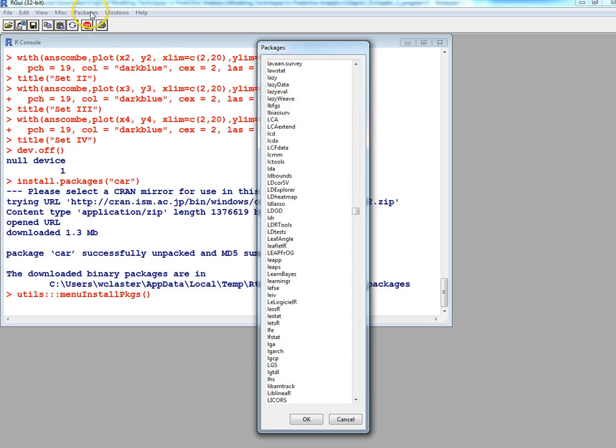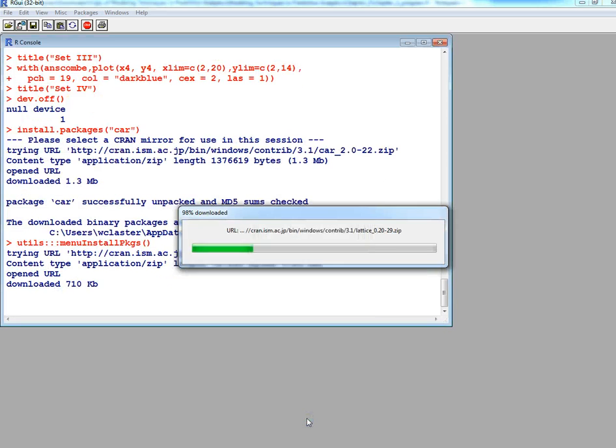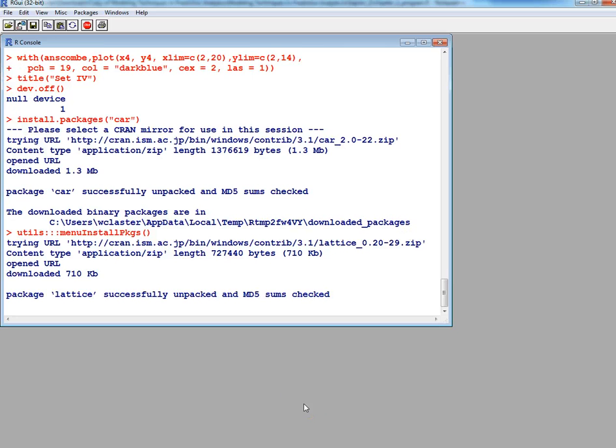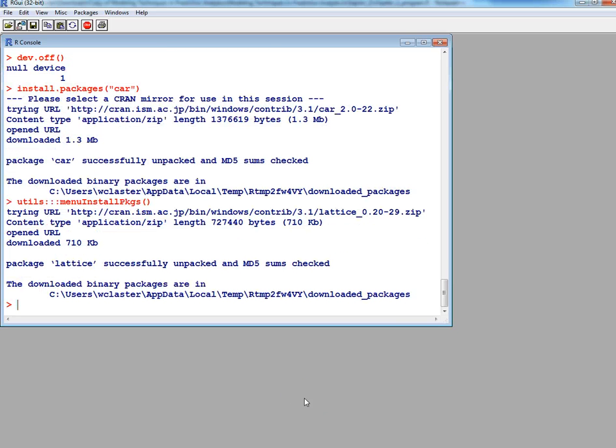Lattice. It's up here under packages, and you click that and you see install packages. So lattice here. Okay? Can everybody get them installed? Okay, now there's